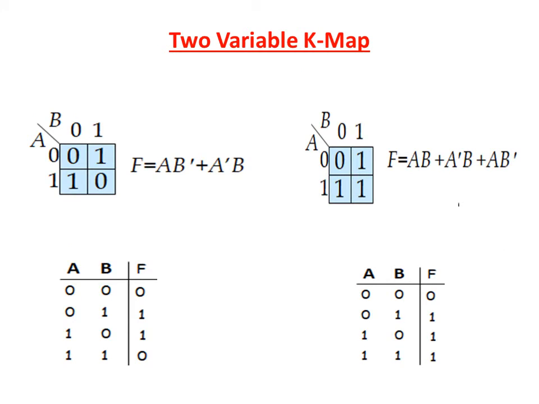Now let's see how to represent truth tables in the K-map. Here the first example is f equal to 0, 1, 1, 0 combinations. So I am writing the equivalent 1s in the cells for 0, 1 and 1, 0 here. In the same way, in this example, f is represented as 1 in the equivalent Karnaugh map cells. This is the way to represent ones in the K-map cells.